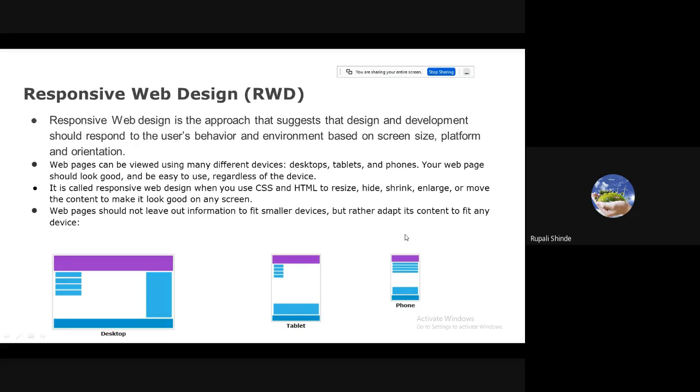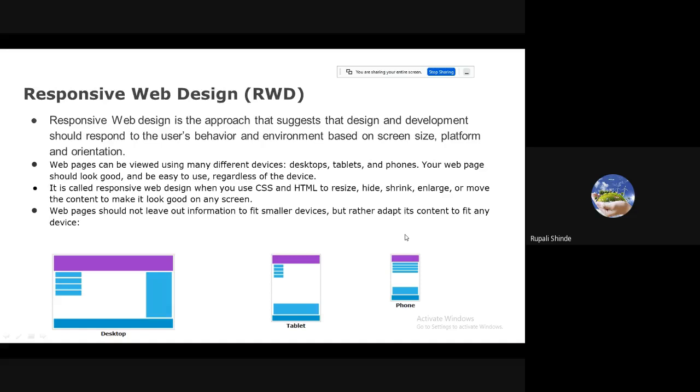As everybody knows, if you want to develop a web application, you should have knowledge of HTML and CSS. After all, we are going to see the various elements or tags which are available in HTML and CSS. With the help of that, we are going to develop responsive websites.